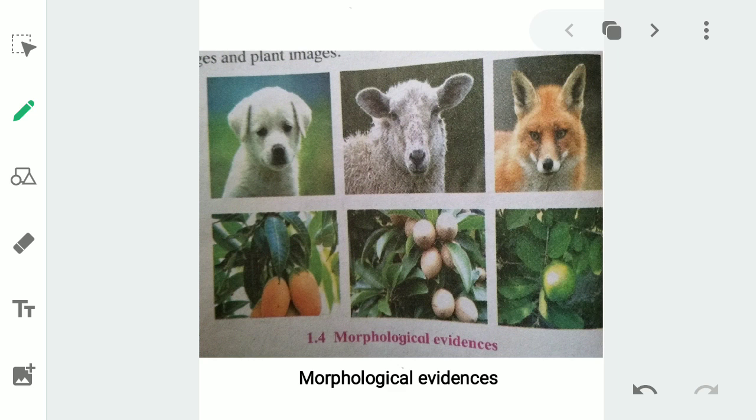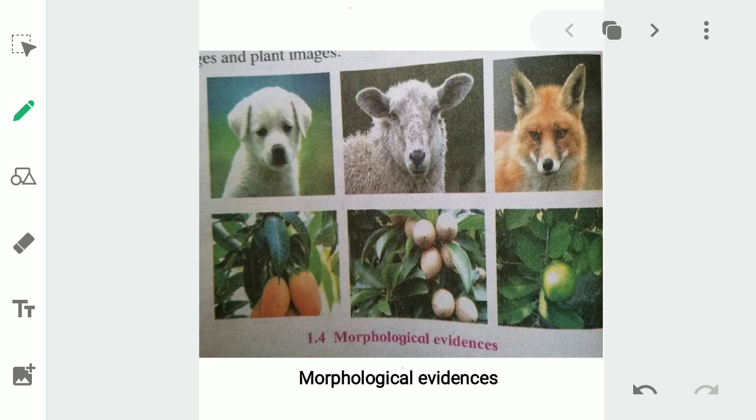Now we say that evolution is a progressive development. Due to mutation, different genes are passed from one generation to another generation, and specific characters or development has taken place in different species. We say that yes, human beings are now well developed, we have great brains, we have erect posture, so we have evolved slowly and gradually.